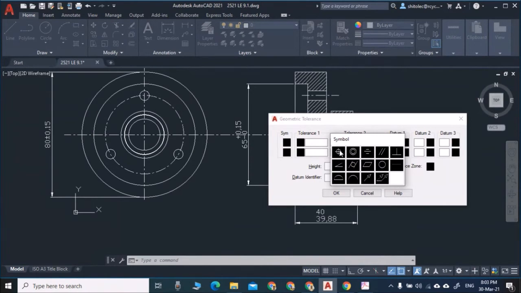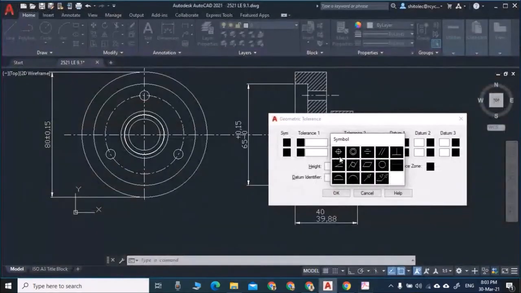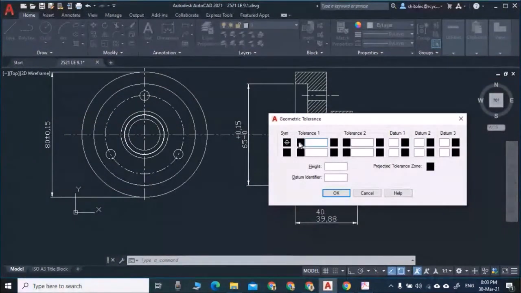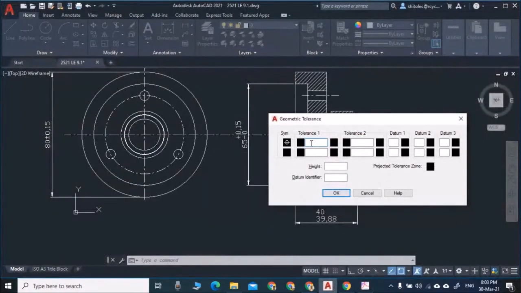Okay. So first, this symbol. I will select what I have given you here. I will draw this now. This 0.12 AC. What is meant by A is the datum, C is a datum, meaning a reference, and this is a center. So I will select this symbol here. Then if it is a diameter, you can click it here. If it is a circle or something, and a dimension is given, then click. So no need here. So what is the value given to you here? 0.12. That value is the tolerance value.